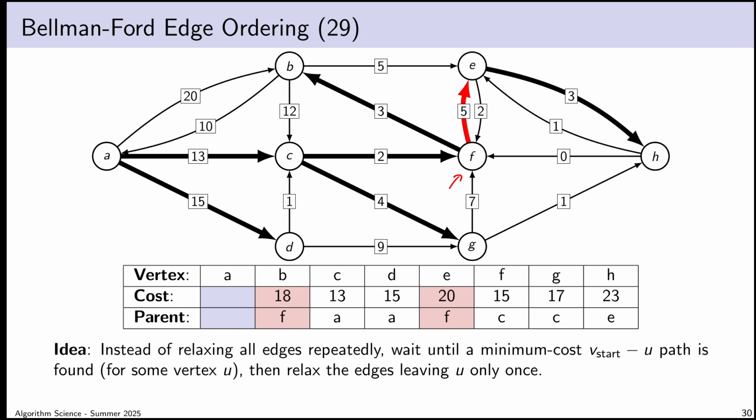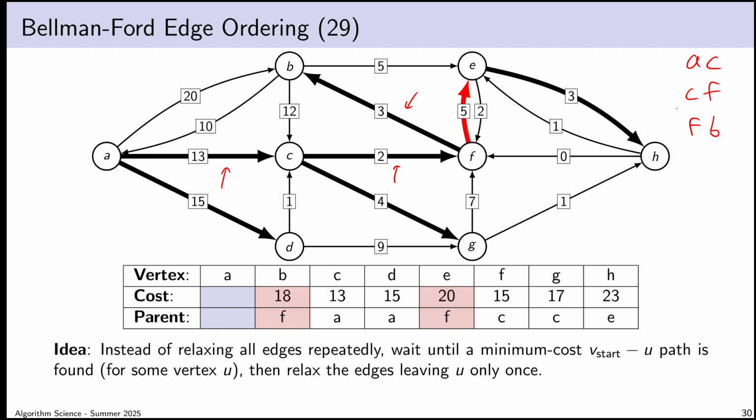I want to take a step back and sum up a few other things about what we've observed with this example. What I was able to see with this graph was that if I visit my edges in a particular order, if I'm lucky enough, for example, with the path that goes AC, CF, FB, if I iterate through my edges in an order such that I see the edges along that path in the same order as they appear on the path, well, then I'm going to get the entire path in just one iteration, because I first lock in AC, then I lock in CF, and then I lock in FB.